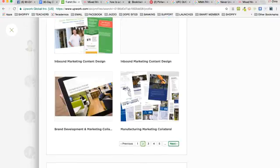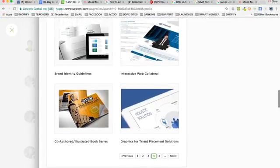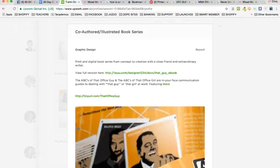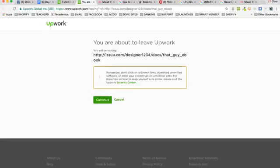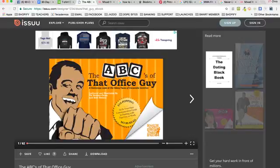Great graphics. So see, you have really quality people on the high end. You can see all the stuff they do. You can click on something they do. Like this was a print and digital book series from concept to creation. View the full version here. So literally you can see what this person has created, what this person's capable of. It's really cool, right? So look at the kind of quality